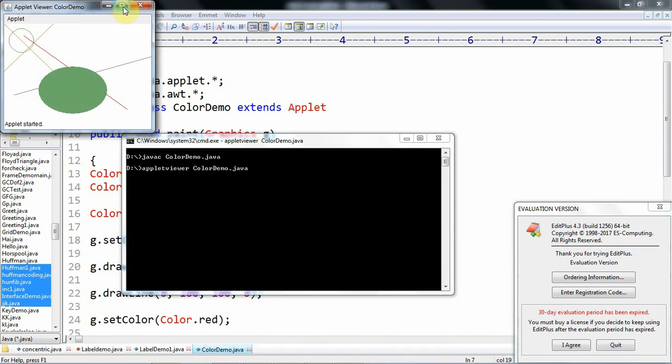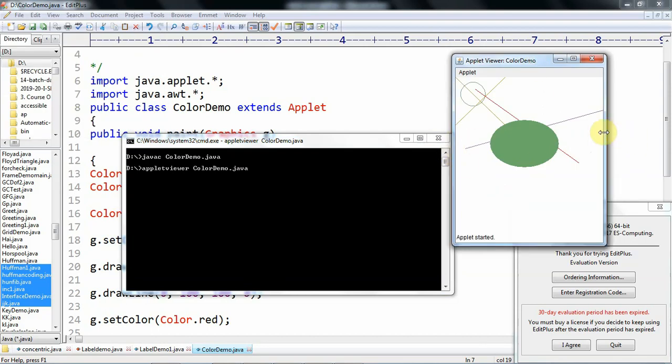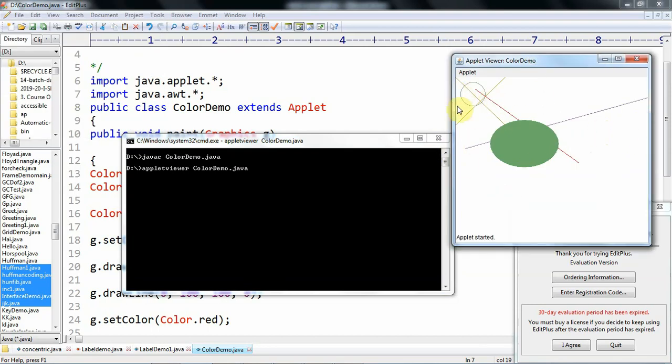So like this the things are done. This is created by using drawOval, and this is created by using fillOval. So fillOval is nothing but the oval is filled with the specified color.